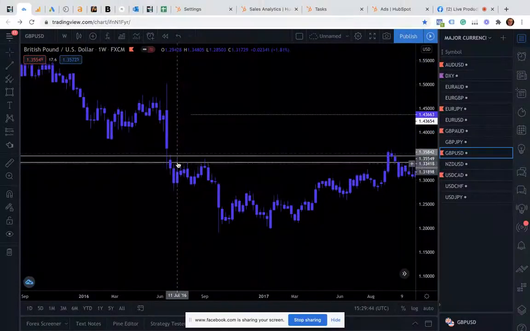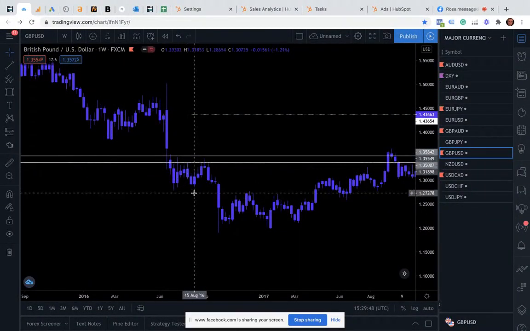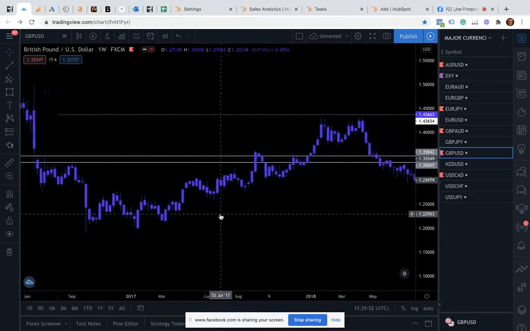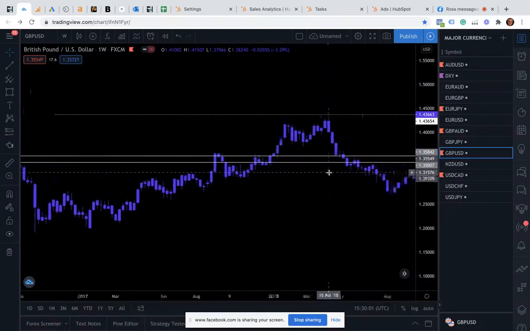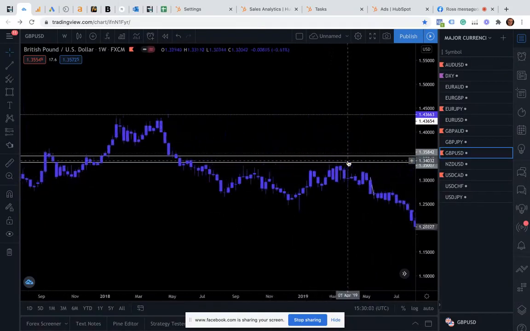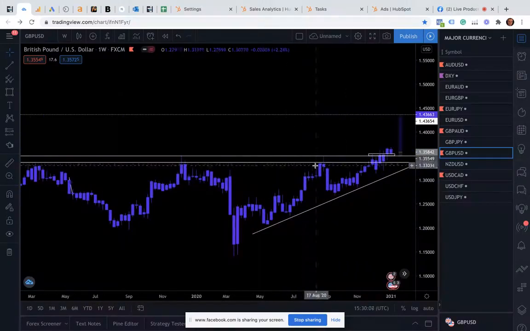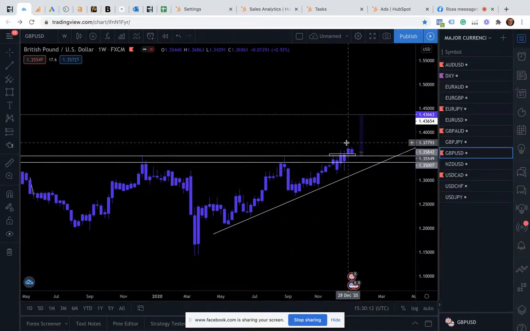One week we've actually gone in and pushed away heavily, came, touched this perfectly, pushed away, had a shooting star candle on this one, pushed away perfectly. Great trade. Again, respected very well here, respected the inside. Again, 3 weeks, 4 weeks, 5 weeks, 6 weeks, 7 weeks. So we know this is a high impact zone. Another 2 weeks, another 2 weeks, again another 2 weeks. We've used it as support this time. We've actually broken through, and then